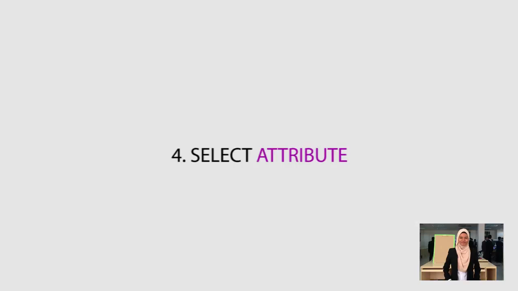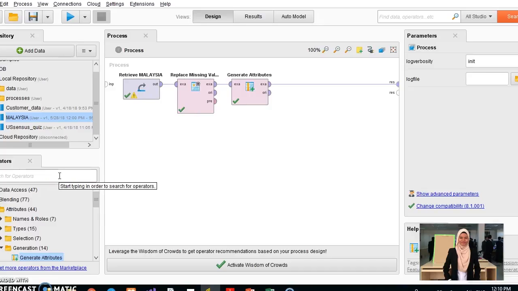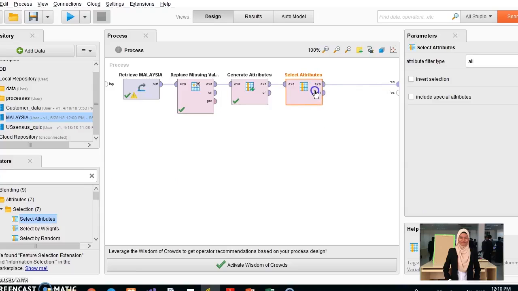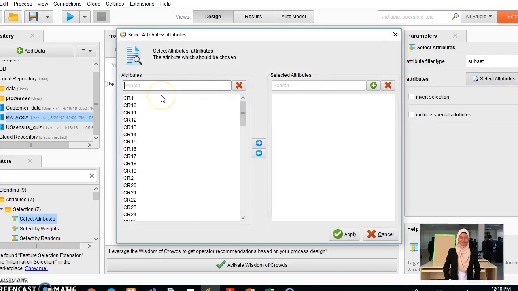We want to select attributes, the columns that we want to use for this project. So search select attributes, drag it over here, and see if it is connected. Then for attribute filter type we choose subset, and then we select the attributes that we want to use for our data mining project, which are